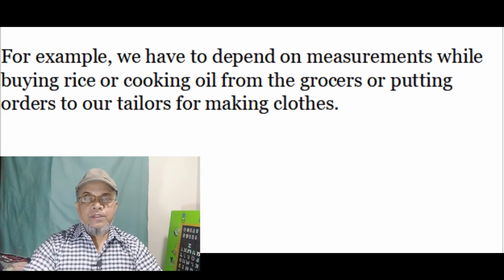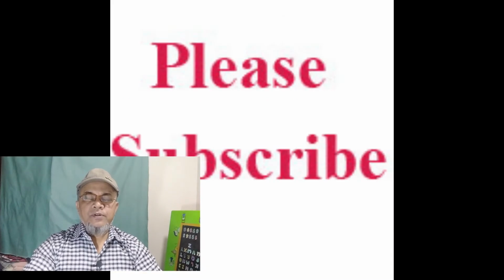So when we purchase oil or rice or wheat from a grocers, we have to measure. We have to measure its weight, its amount, or we have to measure when putting orders to our tailors for making clothes. When we give an order to our tailors, we have to give different types of measures for our